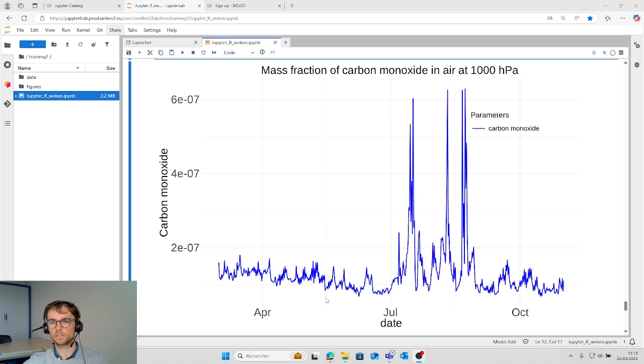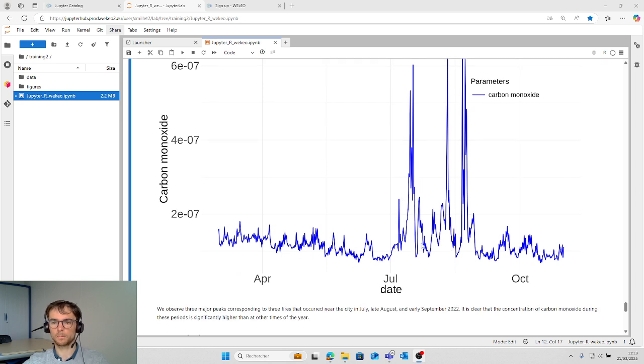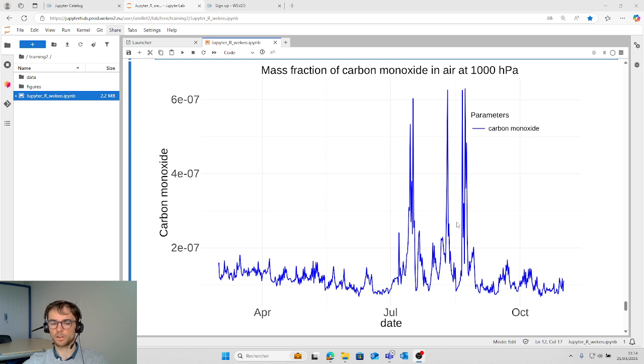You see three peaks of carbon monoxide that correspond to some fires that occurred near the city, in late July, late August and September.